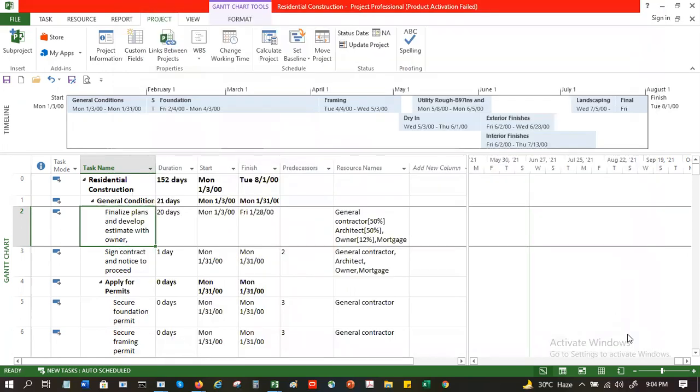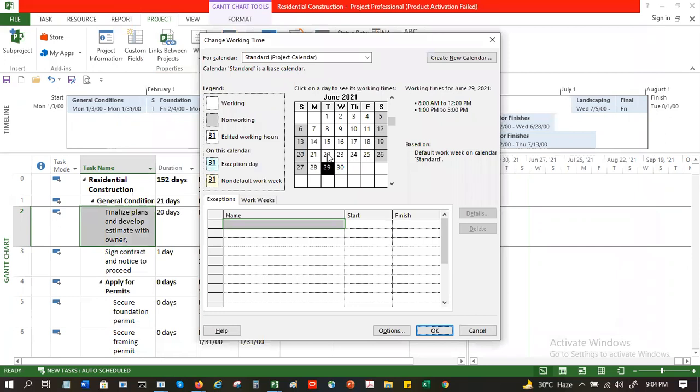To make changes to the calendar, we go to Change Working Time, where you can fix up your working days, working hours, and which are your holidays and which are your non-working days. Non-working days are recorded as exceptions. In the tab here, suppose you want to say July 16th is a holiday, let's say Eid holiday. July 16th becomes an exception day in that case.